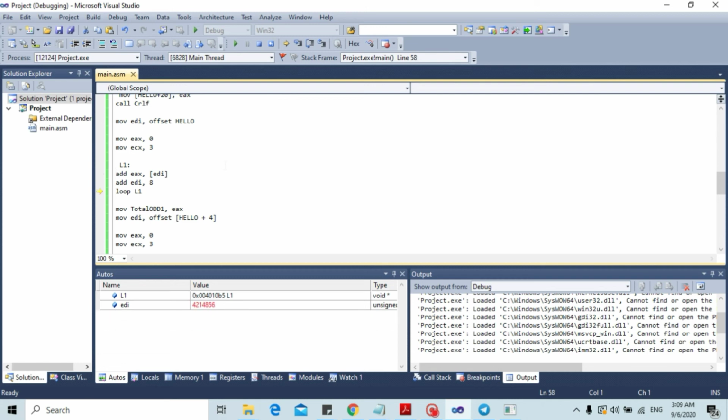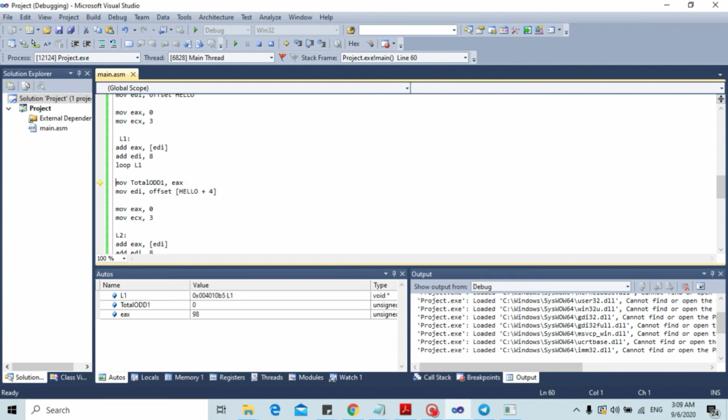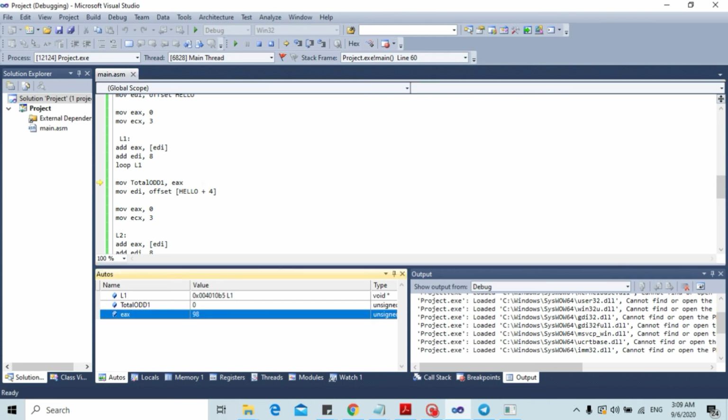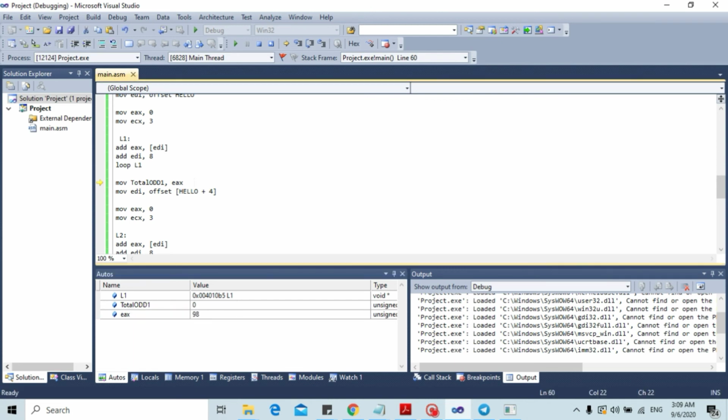So EAX will have the value of 98. Now move on. We need to transfer the value of EAX, which is 98, into the total odd one,